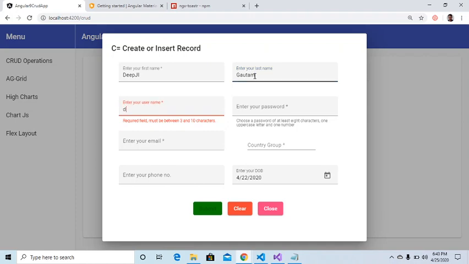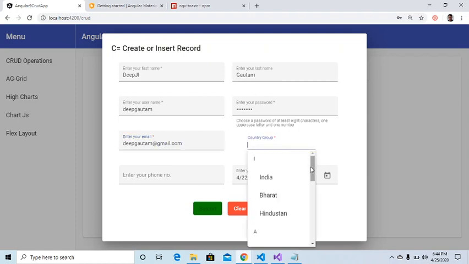Okay, and then we'll enter the password. Alright, next is gmail.com, we'll enter, and we'll select the country group.